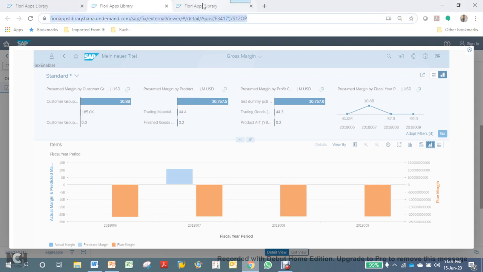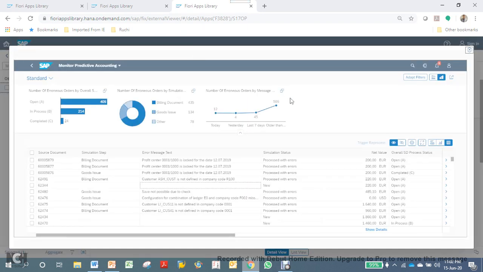So let's go to the first. This is the gross margin app. Yeah, see, Monitor Predictive Accounting.